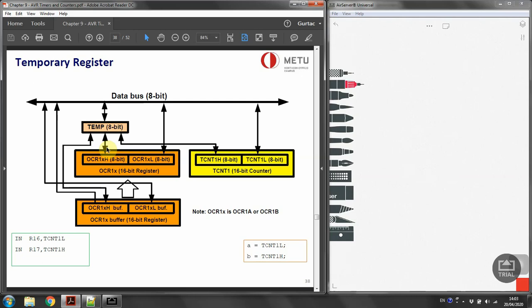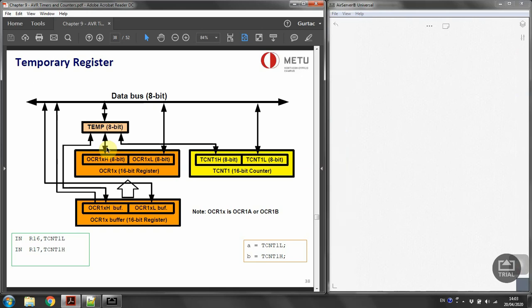So once again, if we consider it in R20 TCNT1L and in R20 TCNT1H. So on the first line,